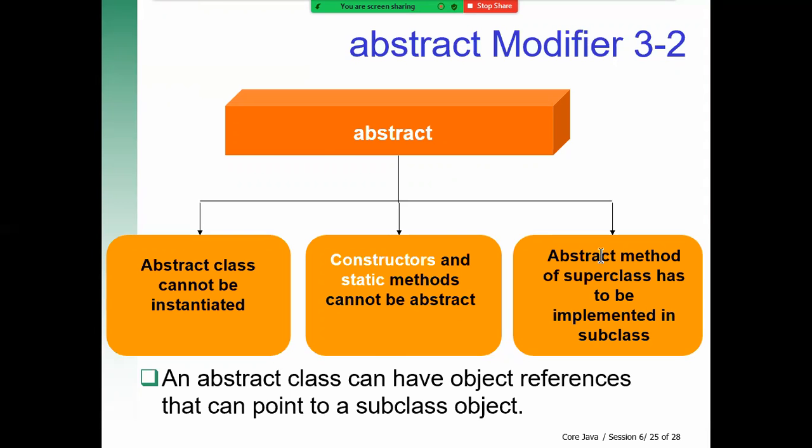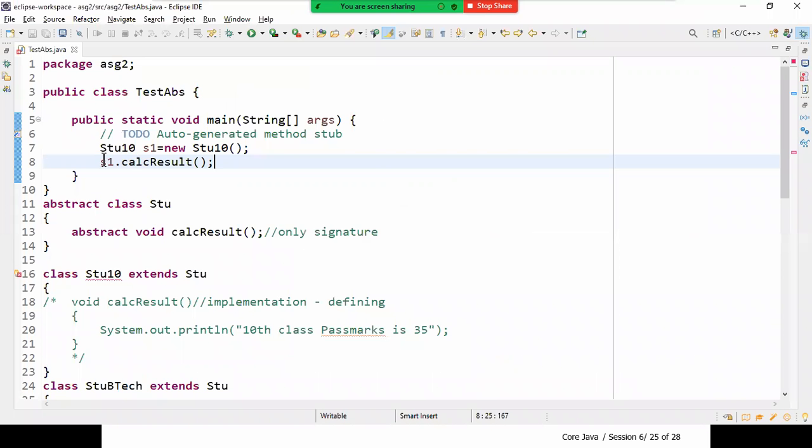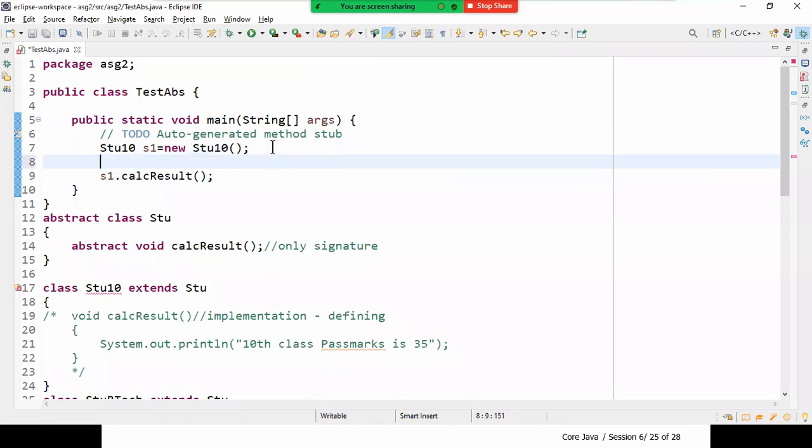What do you mean by this? Here we are creating both; the object creation we are doing in one line. The other thing you can do is create just the reference. For example, I have the Stu type, and I write some s. This is called the reference. We can have references created. So you see the references there.